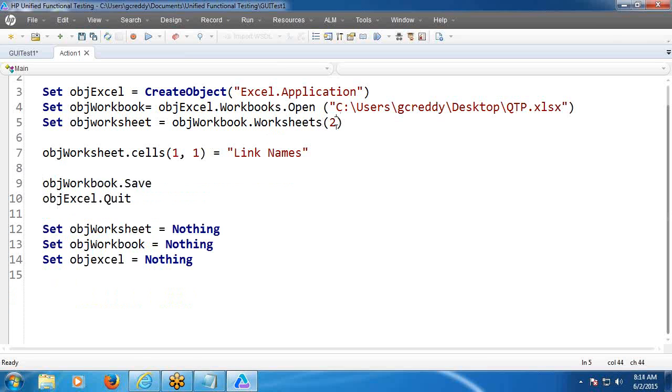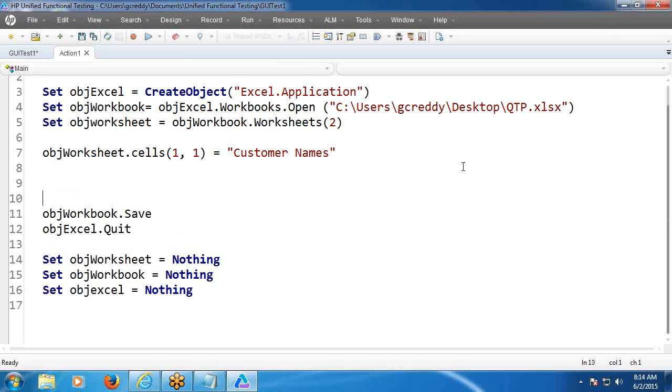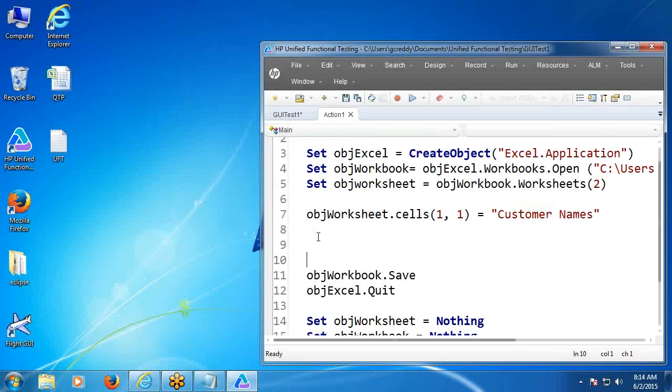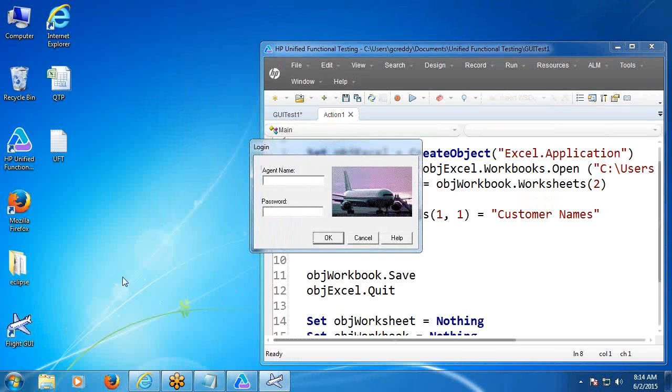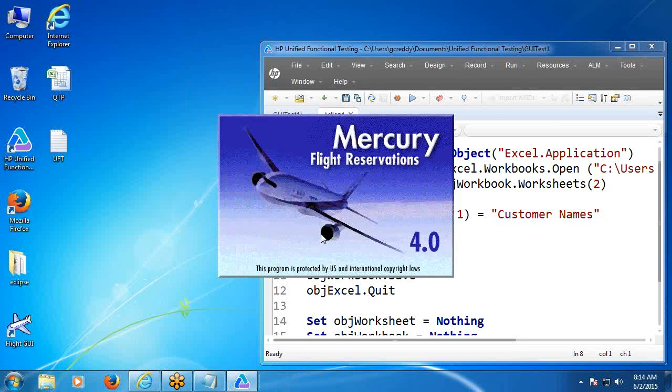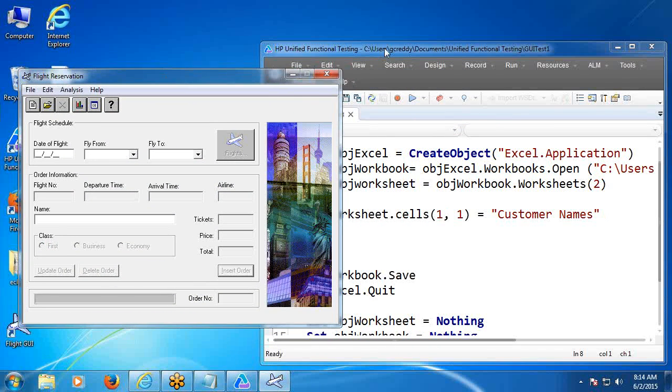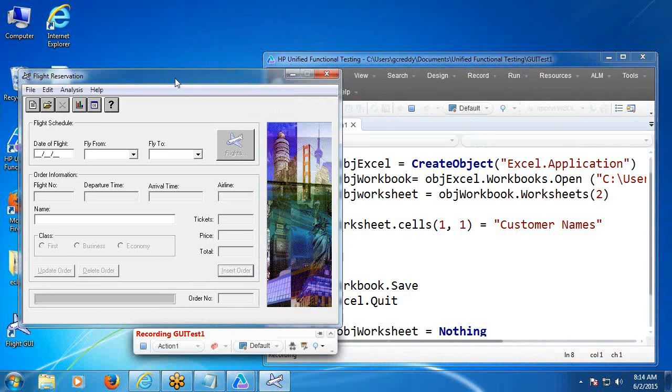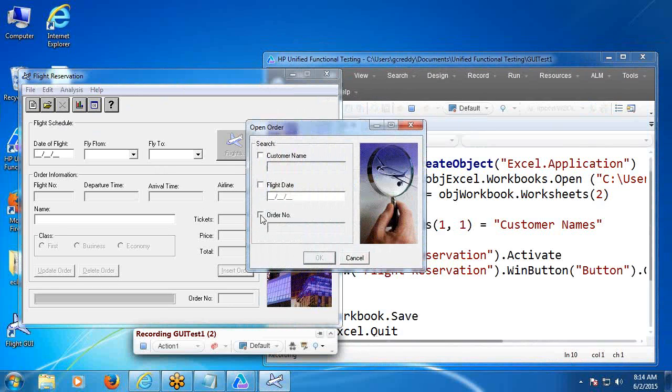See sheet 2. Customer names. Next, generate the open order script. Record open order,